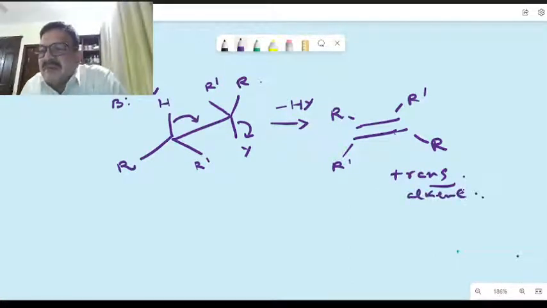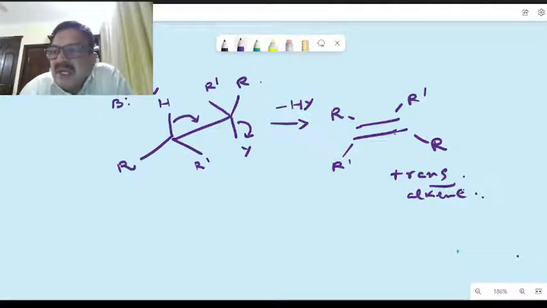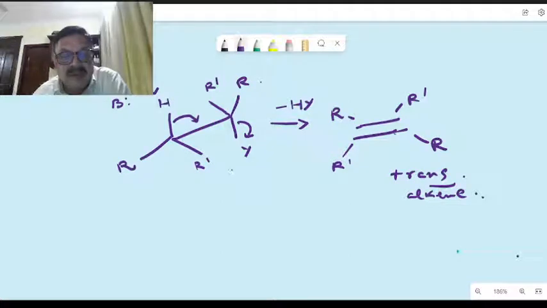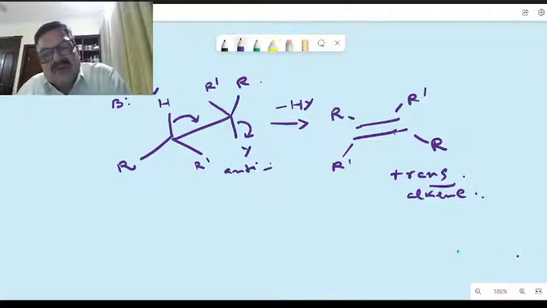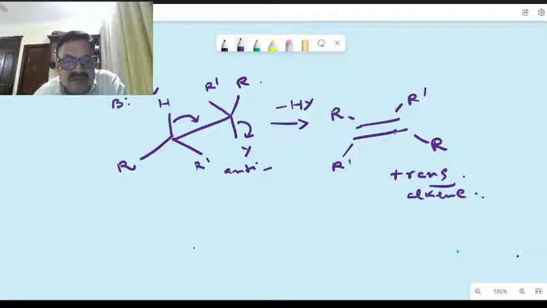Okay, in the case of, say, this is the anti-periplanar geometry. That is a staggered conformation. This is anti-periplanar geometry here. That is H and X on opposite sides of the molecule here. Okay, anti-periplanar conformation, we can say. Now, syn. What will be the nature of the syn? The syn will be, as you know,